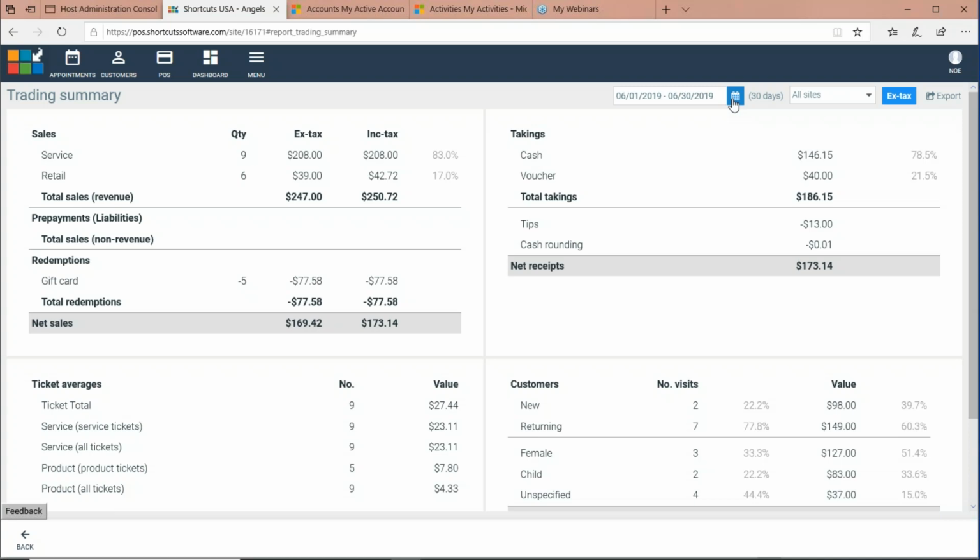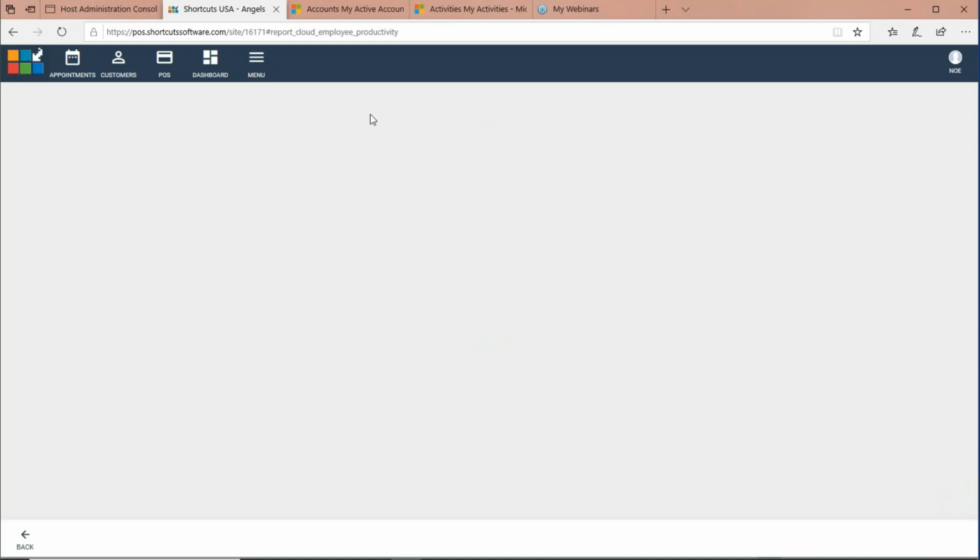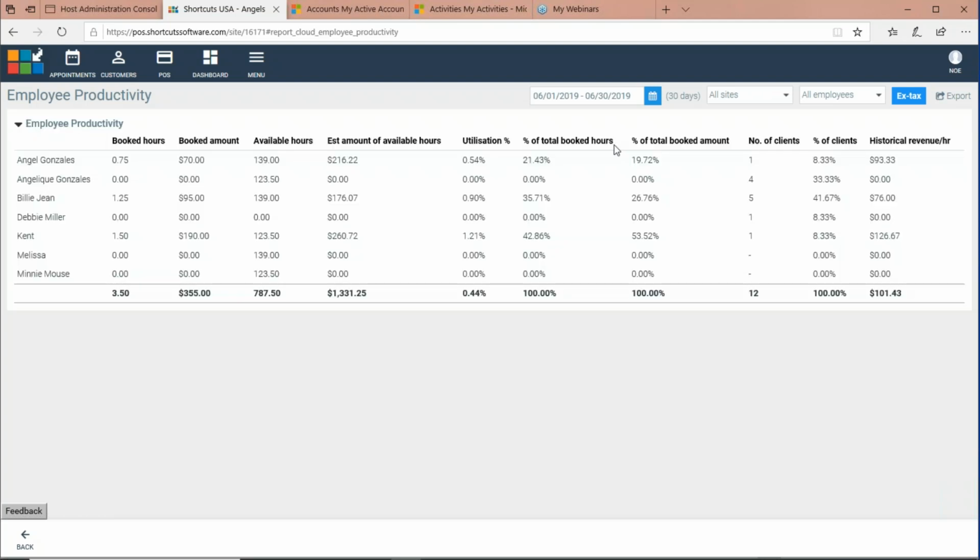If you're a multiple site location or you're the owner or manager of multiple locations, you can actually filter and tell Shortcuts, okay, I only want to look at the trading summary for these 2 sites for last month. You absolutely have that flexibility. And for your staff members, same rules apply. So if you just want to look at 1 or 2 employees for a particular location for the past month or the past 2 weeks, you can absolutely filter out